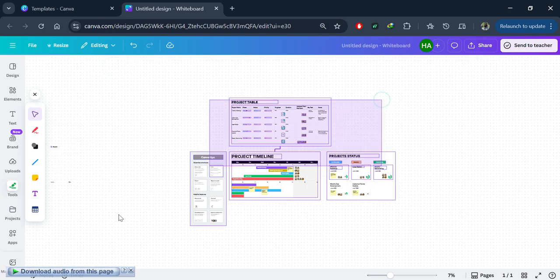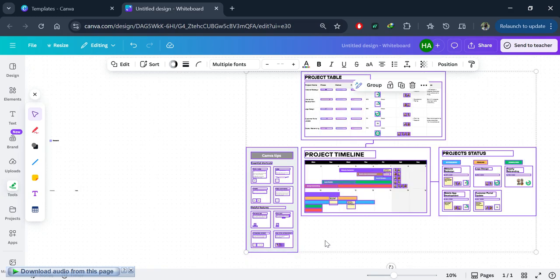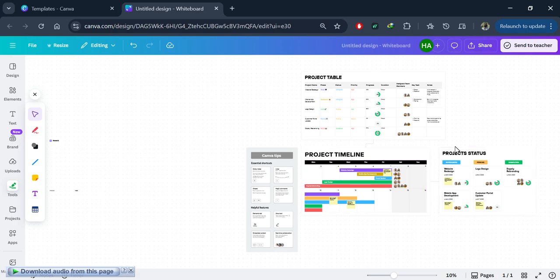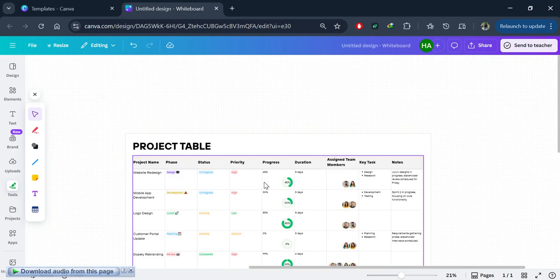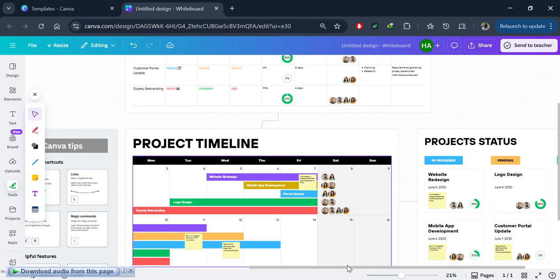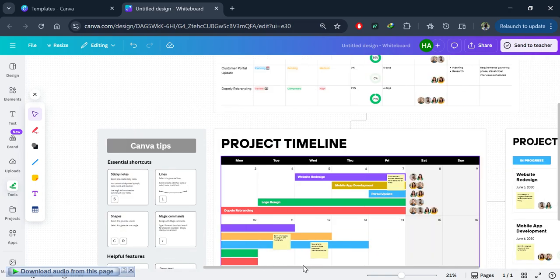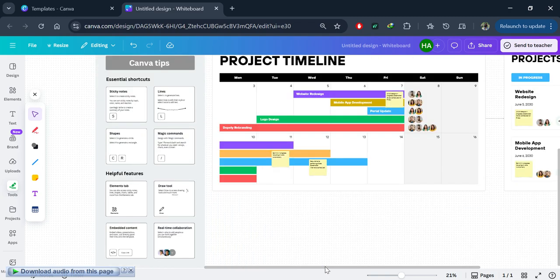So you can work on this Canva whiteboard. Let's zoom in. So here you can do all the changes that you want to do. Like you can make changes to the title, you can change the description, you can change the data, and the results will automatically change accordingly. So you can see this is a very attractive one, the whiteboard brainstorming idea. You can use it in your project explanations as well as in mind mapping.